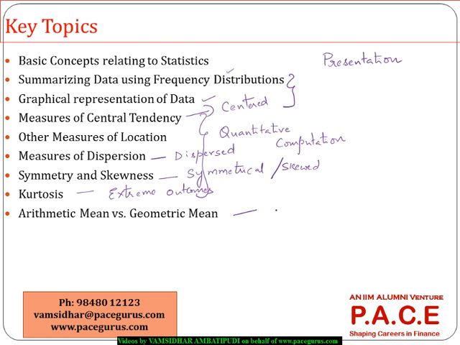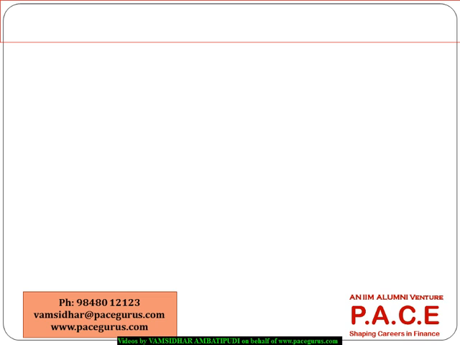And finally, we'll try to see some investment related applications, where I really need to use either a geometric mean or an arithmetic mean, and how can I decide what I can use in what kind of context. So with that as a base, let's simply get started with the basic fundamental concepts